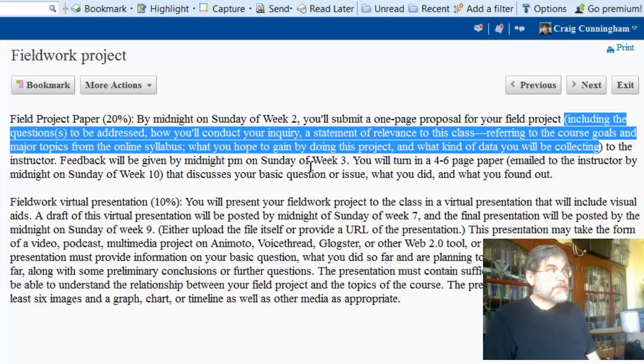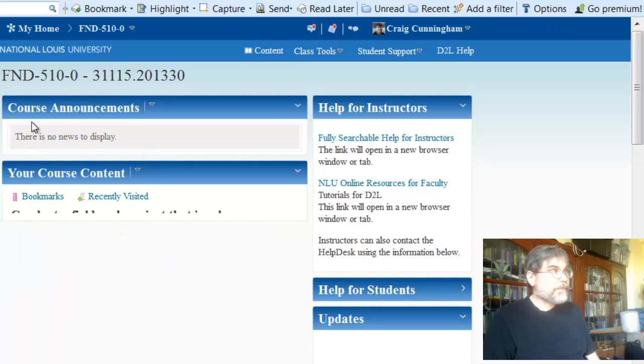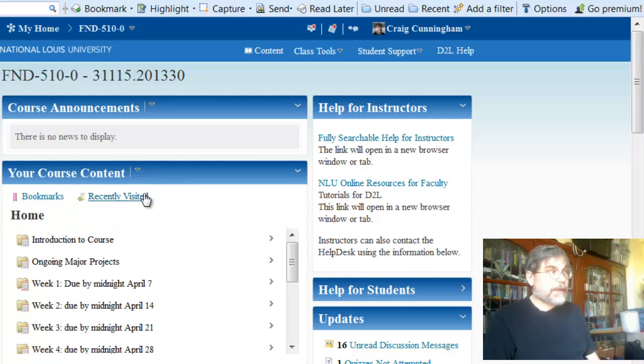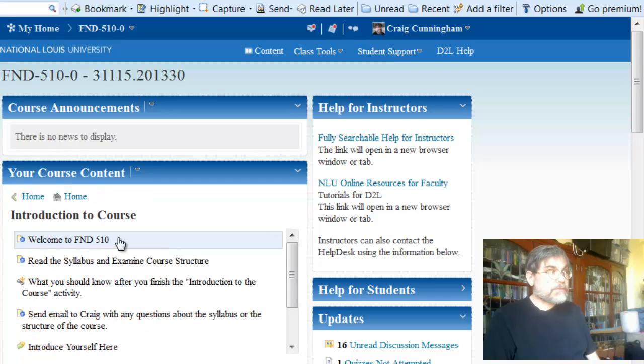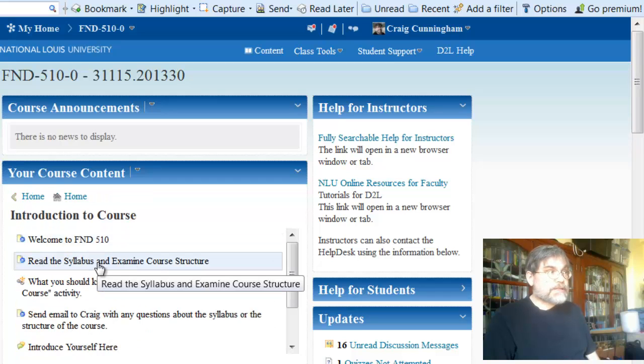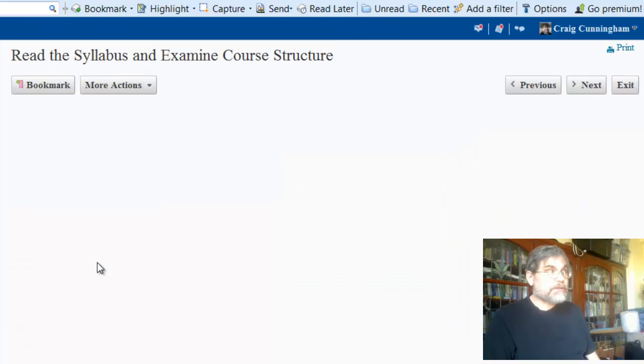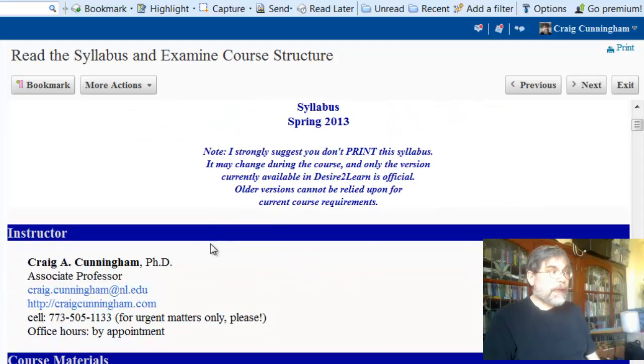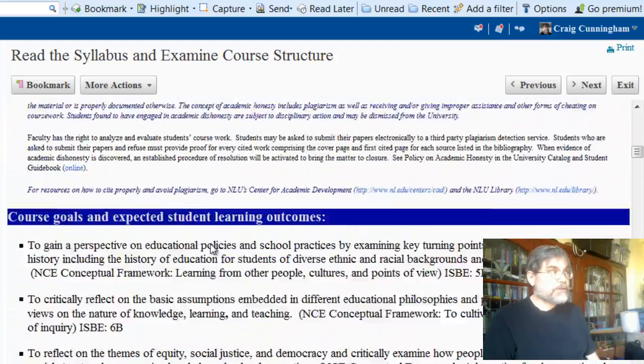So this is from the syllabus. Now there's more information on the syllabus. If you go back to the course homepage by clicking that link right there, and you go back to home on your content by clicking that link right there, and then you go to Introduction to the Course, where it says read the syllabus and examine the course structure, that will take you to a link to the syllabus. So here's the syllabus. And if you scroll down on the syllabus,